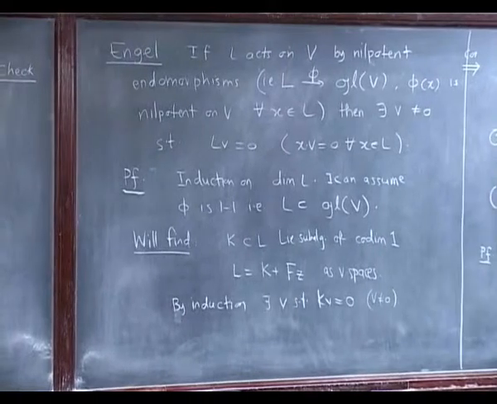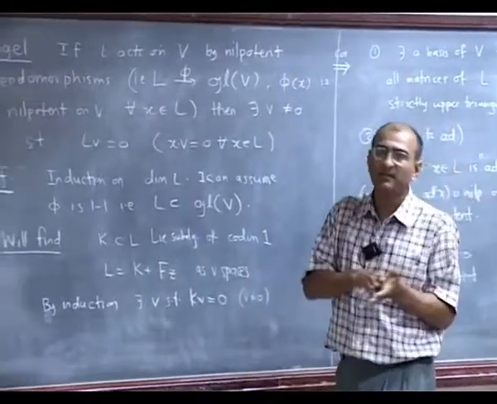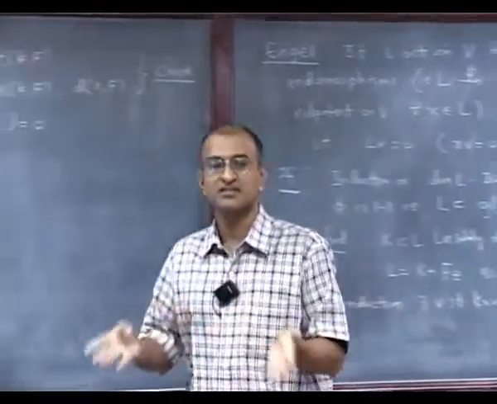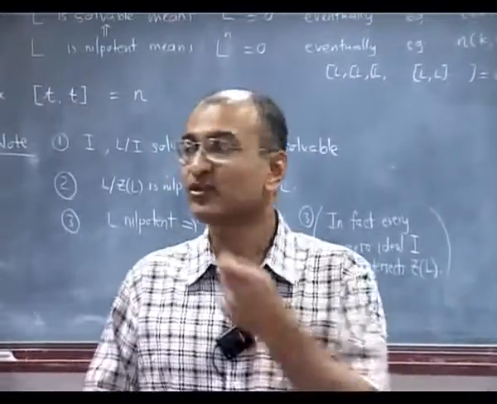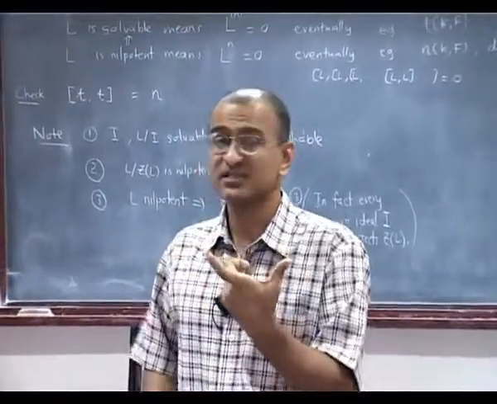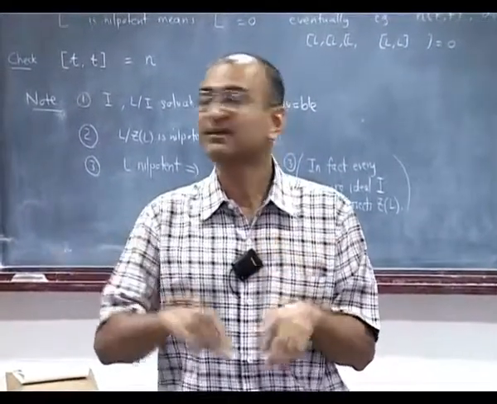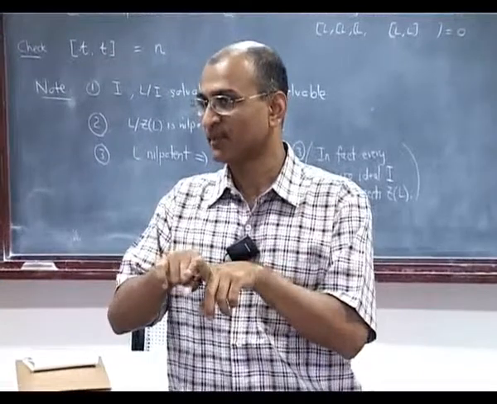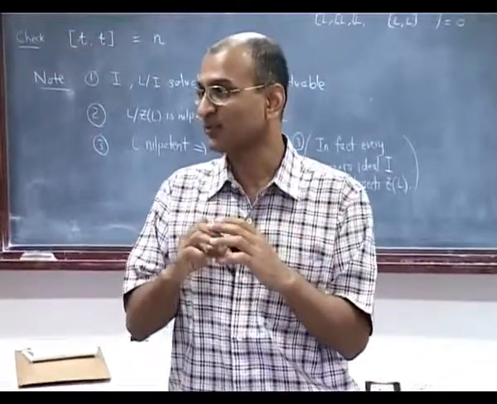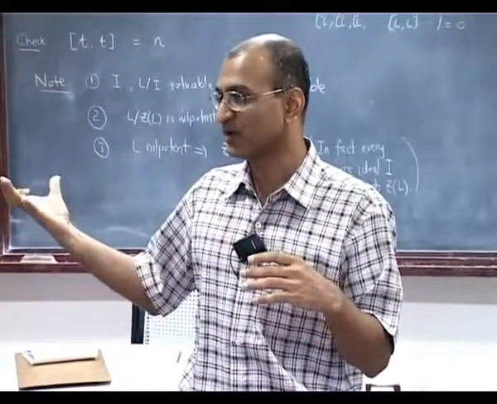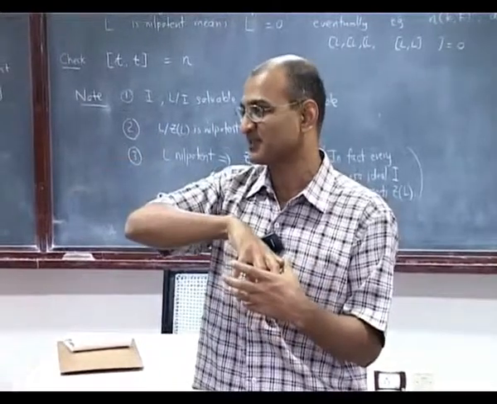You recall the proofs that we remembered from linear algebra yesterday. If you want to find common eigenvectors of several operators, what is the general idea? You take common eigenvectors of something, and what you get is an eigenvector of some of the operators; it need not be an eigenvector of other operators. But then you take the space of all such, and you hope to show that the space of all common eigenvectors of a subset of operators is actually invariant under the remaining operators. So then you can take the eigenvector of the remaining operator on that space.